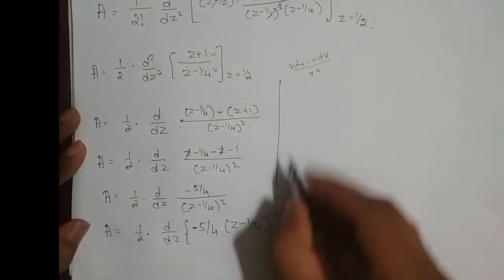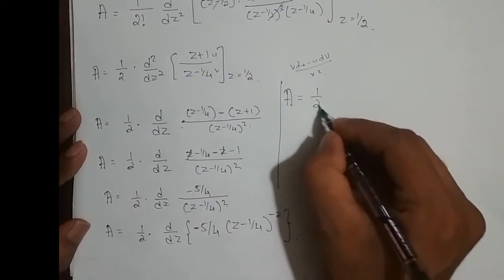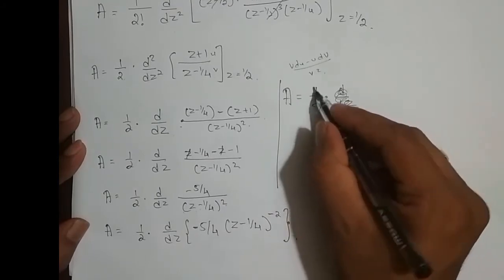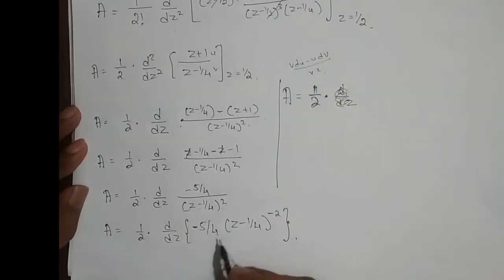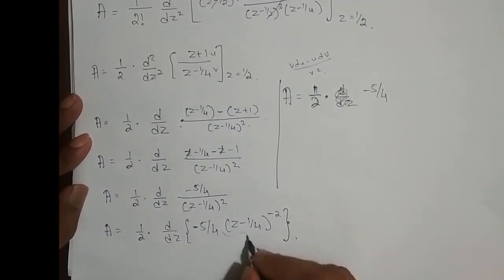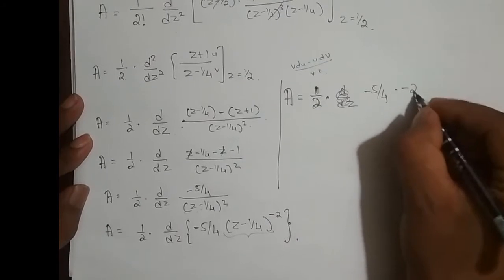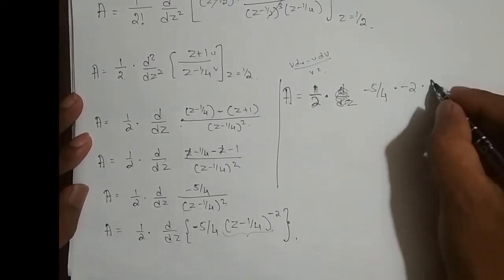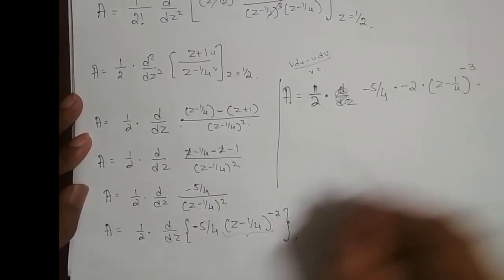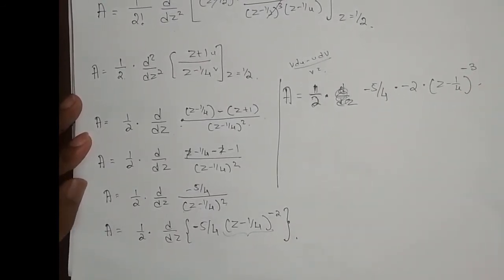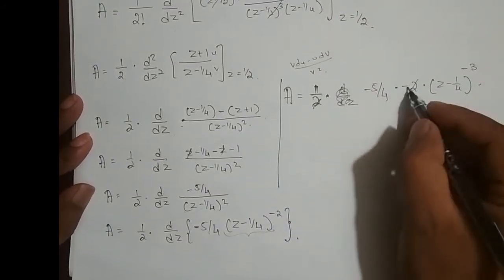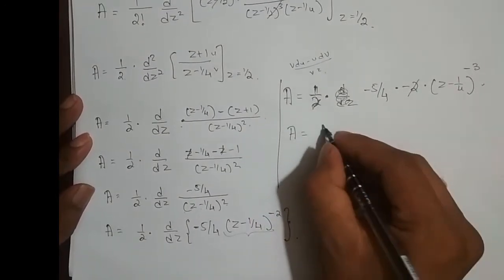Fine. So what do I have? A is equal to 1 by 2 into d by dz of, okay, I need to differentiate it now. So minus 5 by 4 I keep as it is. What is the differentiation of this? It is minus 2 into (z minus 1 by 4) to the power minus 2 minus 1, which is minus 3, into the differentiation of this part, which is 1. Fine. So now this 2 cancels out, minus into minus is plus, a is equal to 5 by 4